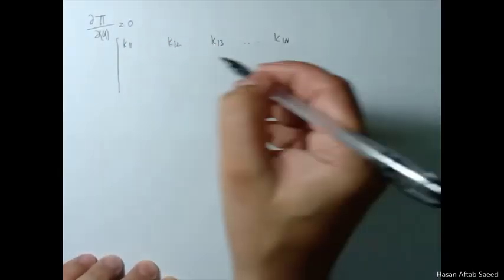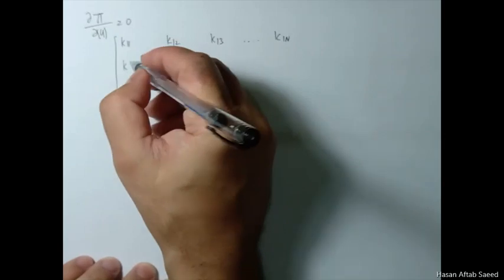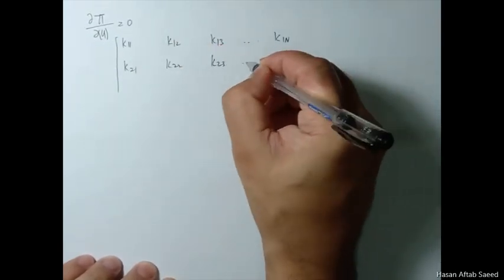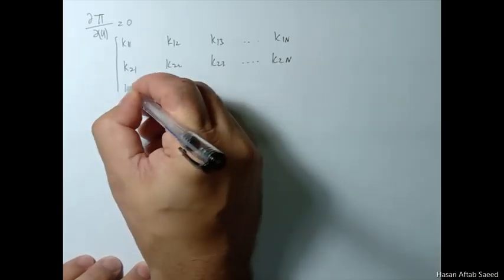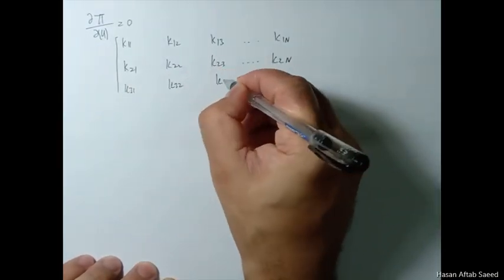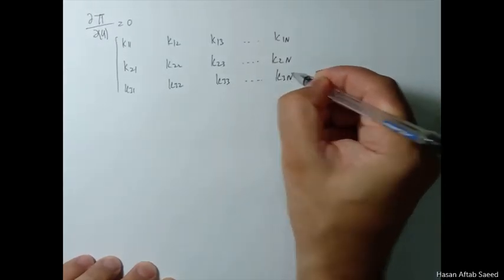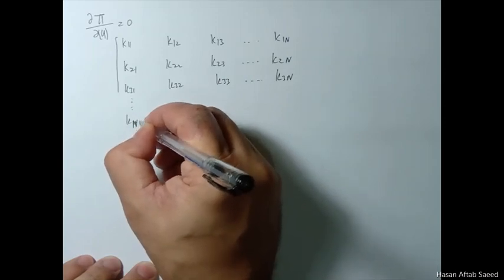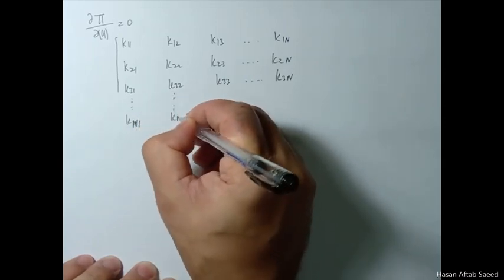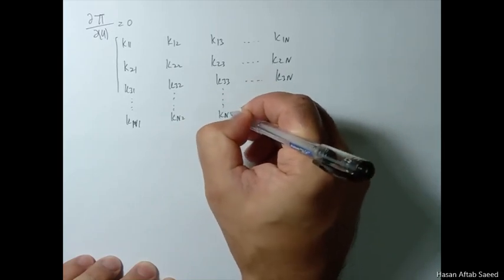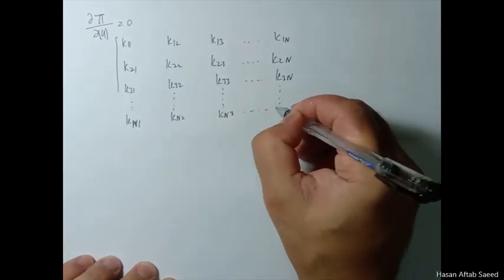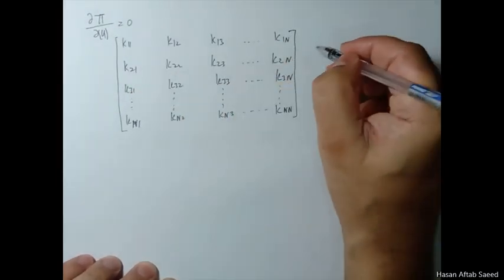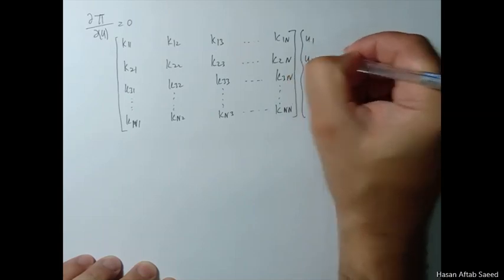And this is the very familiar FEM equation format that you have seen so many times: K11, K22, K23, K2n, similarly K31, K32, K33, K3n, Kn1, Kn2, Kn3, Knn. Whatever the size of the system may be, in the end you get this format